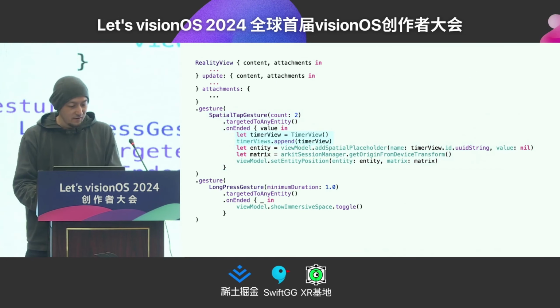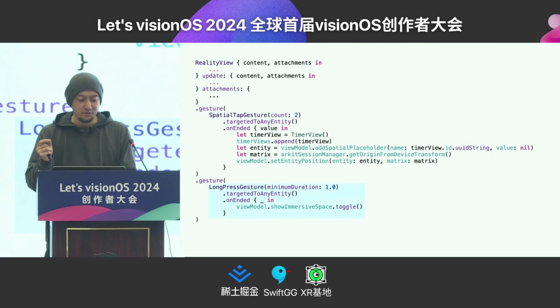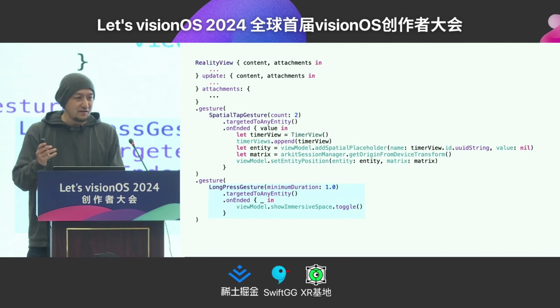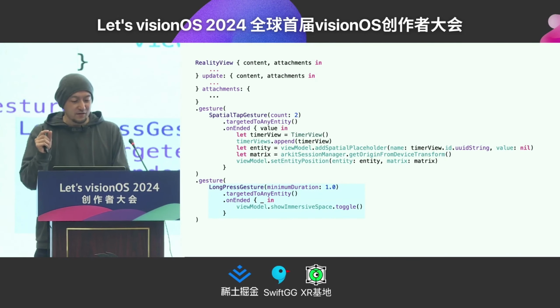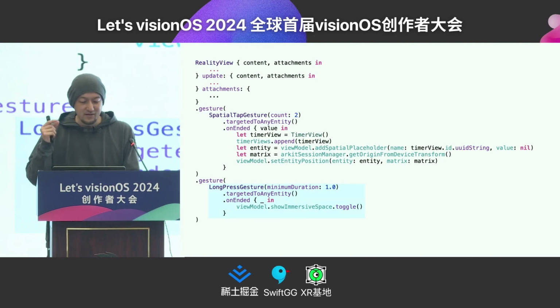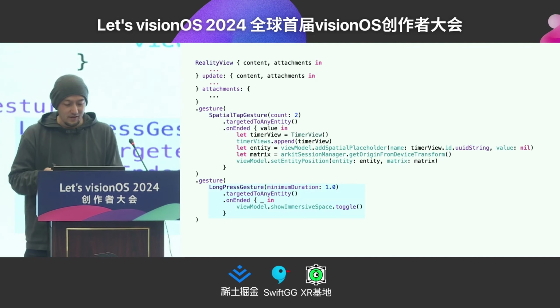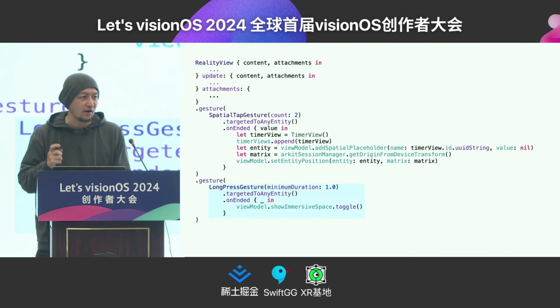Double tapping generates a timer view and creates a placeholder entity. And long press executes the process to exit from immersive space. I did this because the tap gesture of RealityView does not fire in empty space, so it is structured in this way.